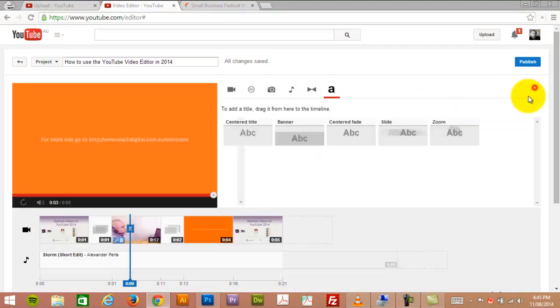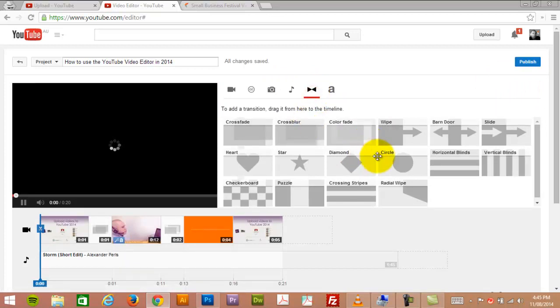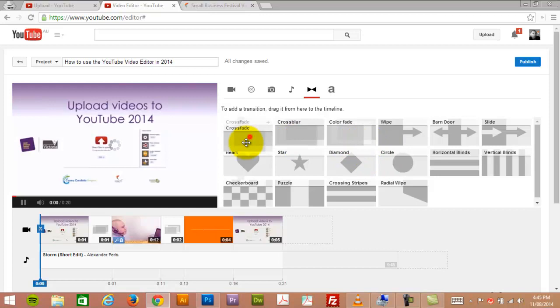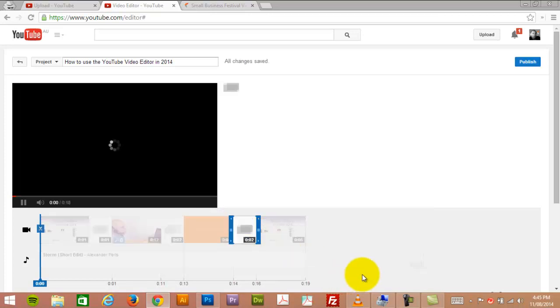And we'll add a final cross blur at the end. So you can see how I'm able to use all the different